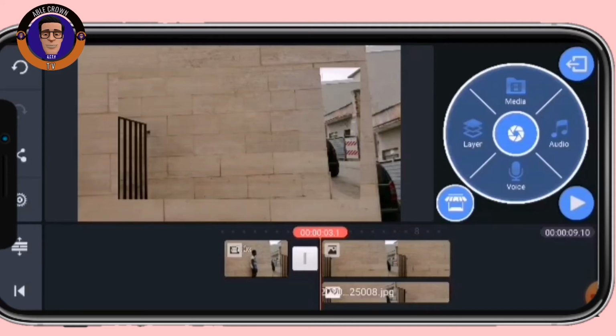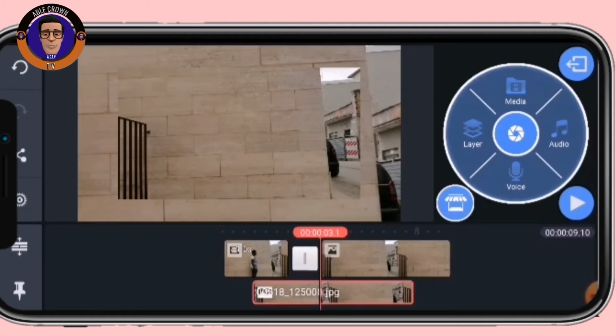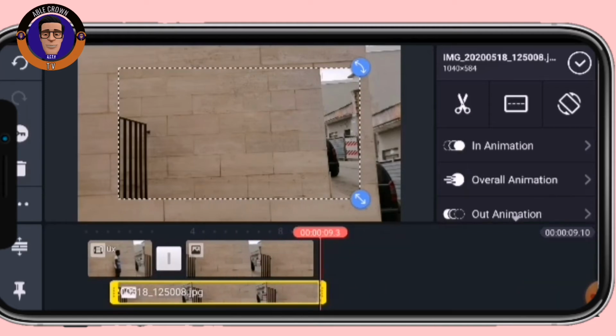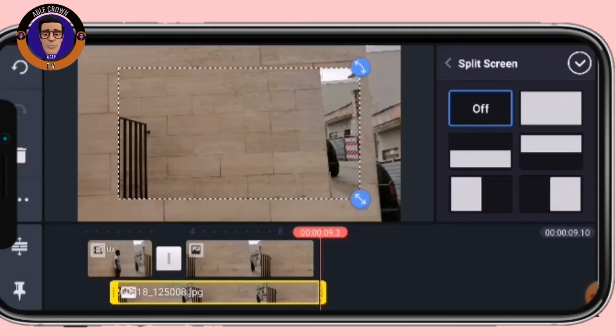So you duplicate it, you can see it, then you bring it here to the exact spot. Then you expand it and make it full. Make sure that it's full.